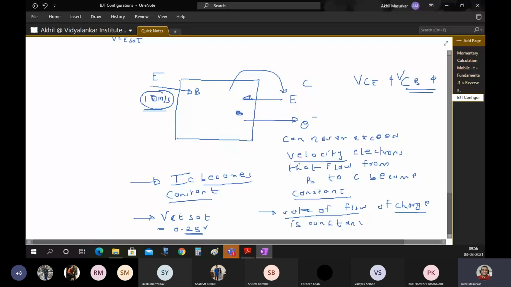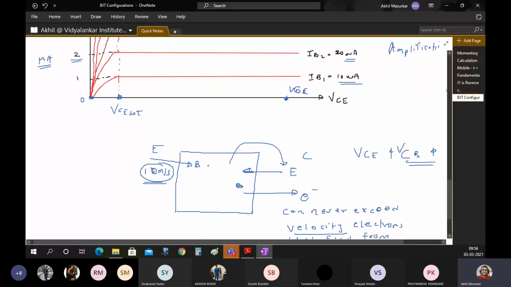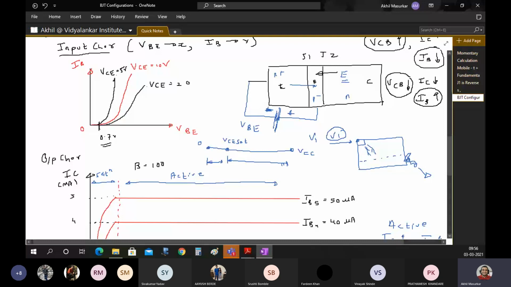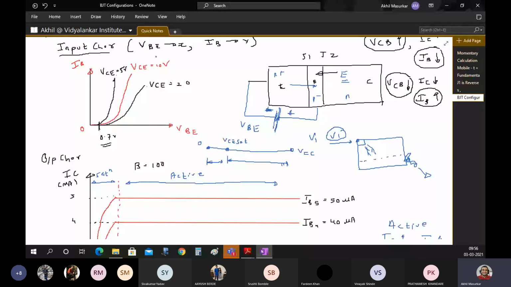So this is basically your input and output characteristics. Underlining fact, input characteristics will always be IB versus VBE, and output characteristics will always be IC versus VCE. So that's it for today, and whatever we have done till